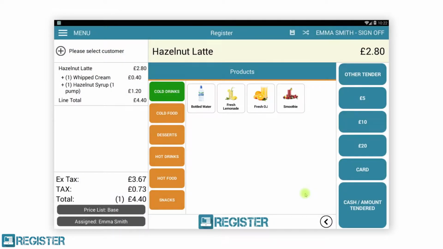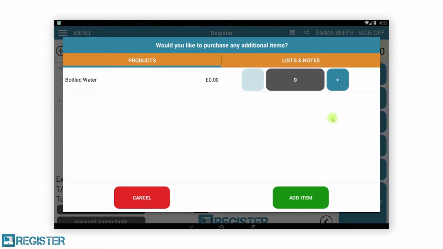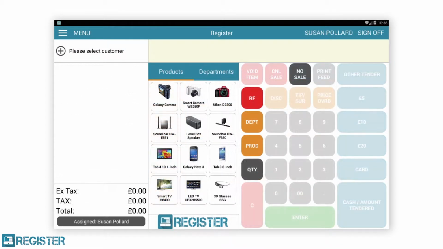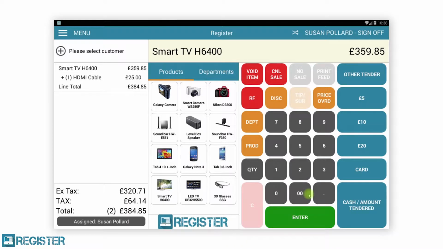Most commonly, they are used for applying another item as a modification, such as a flavoured syrup in a coffee. Using other products as sub-items to make whole products, such as all the components of a cheeseburger. And finally, product modifiers can also be used for upselling additional items when selling another product, such as selling a specific cable with a new TV. Your use case may vary, but in this video, we will cover the main three methods of setting up and